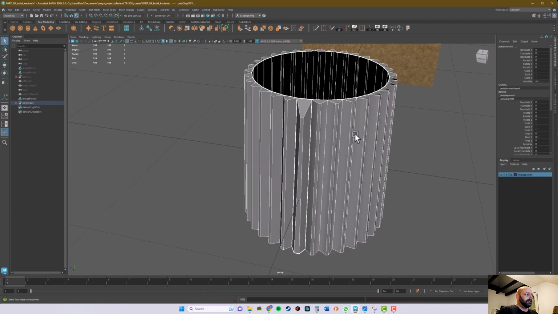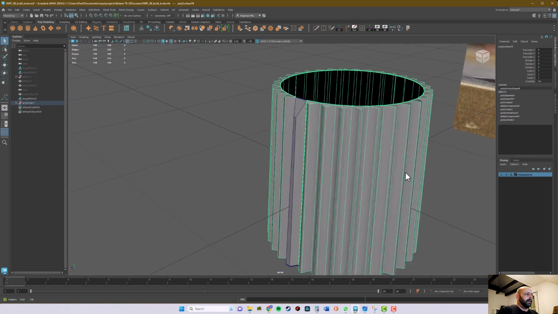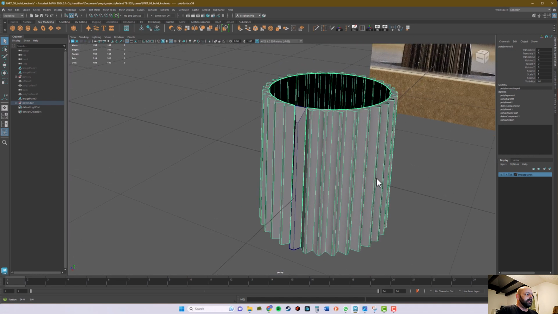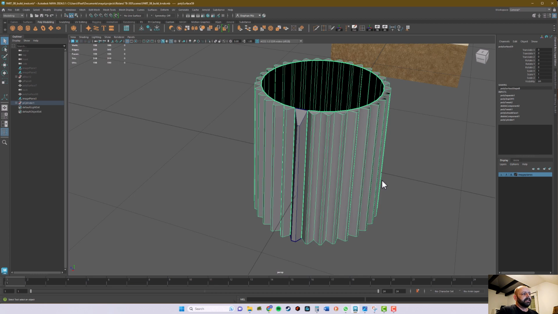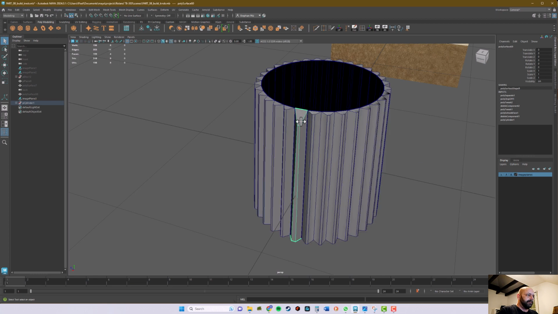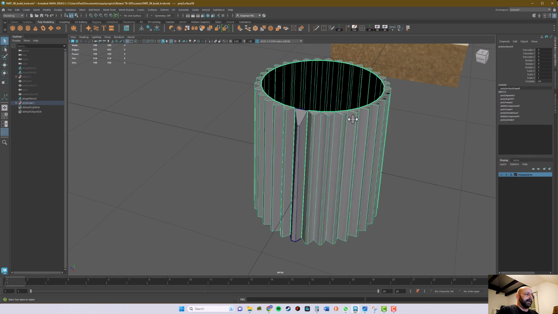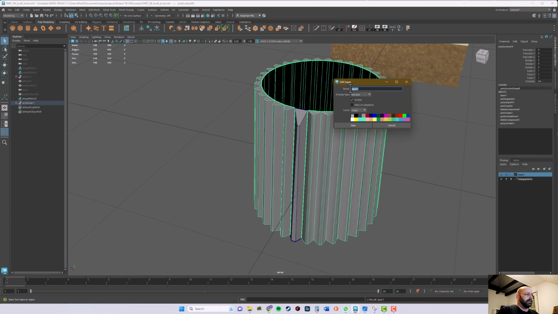Hit Q on the keyboard, and then go to object mode. And we don't need the rest of the geometry anymore. I mean, just in case we are not happy with the result after using the piece that we just detailed. So I keep this here, but I put it on a new layer. So I click here on create new layer and assign an object, and then I just call it